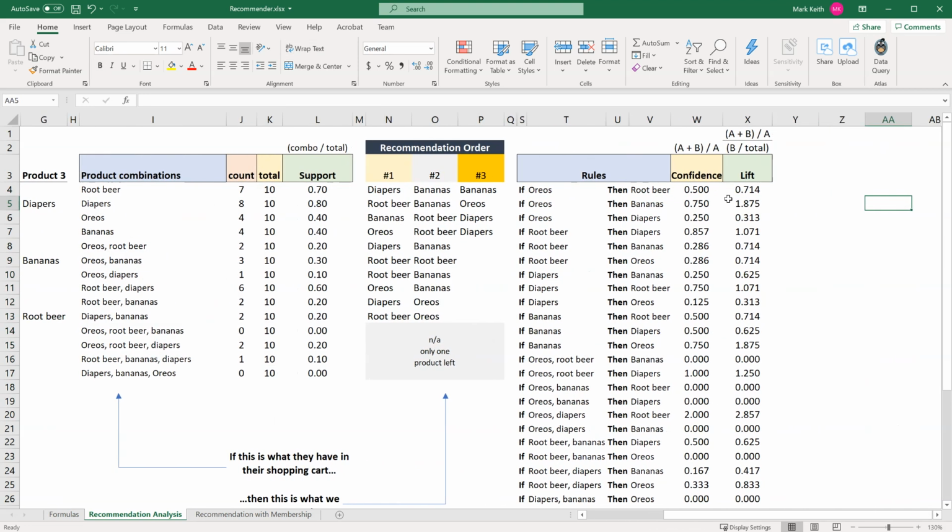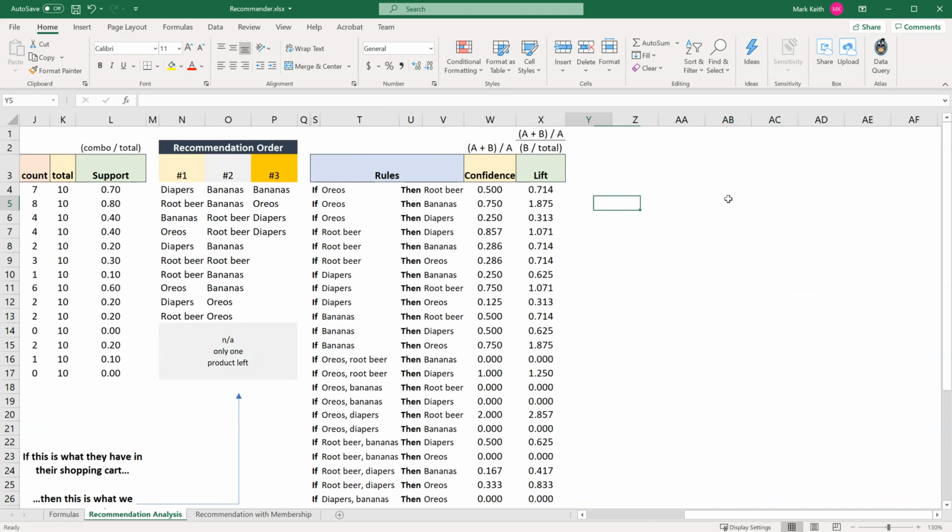What we do next is create a series of rules. These are the rules that we're trying to come up with a confidence and lift score for, to determine how likely or what I should recommend. For example, if I have Oreos in my cart, then what is the confidence and lift that I'll add any